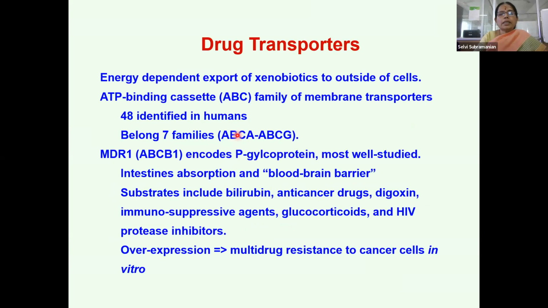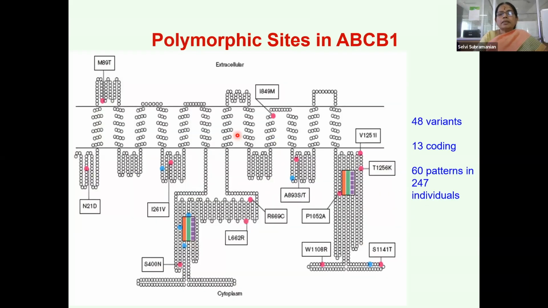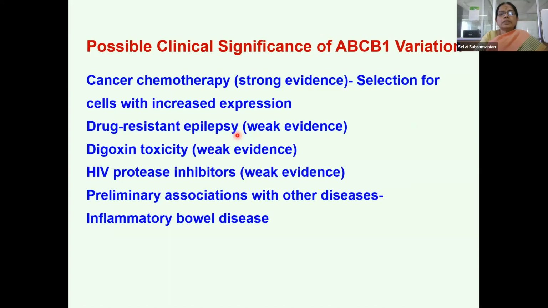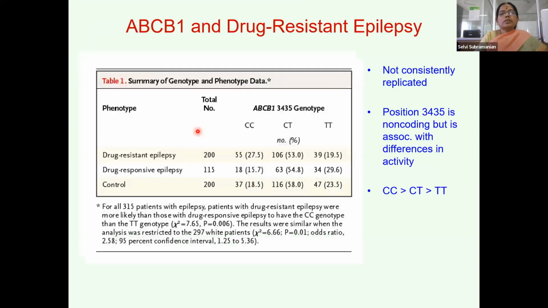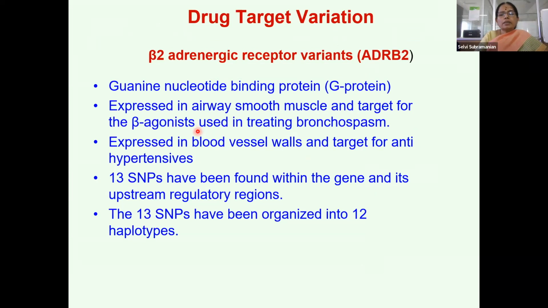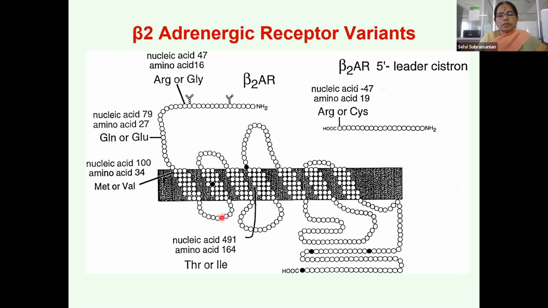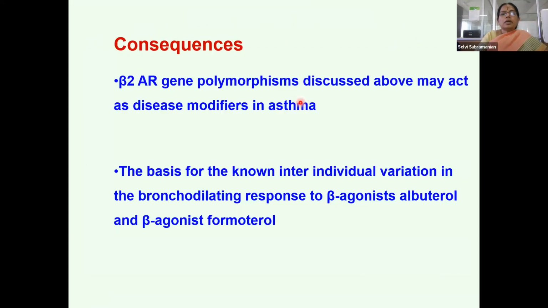Similarly, there are so many other drug transporters and polymorphisms associated with several diseases. This transporter has strong evidence for cancer chemotherapy, and that one weak evidence. These evidences are from different genotypes and whether they have side effects because of the mutation. That is the evidence given here. Similarly, for drug target, this is the guanine nucleotide G protein. This is one target or receptor, and these are the polymorphisms present in it. And then the ultimate